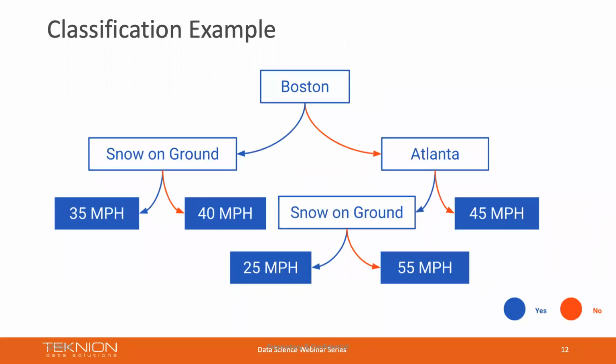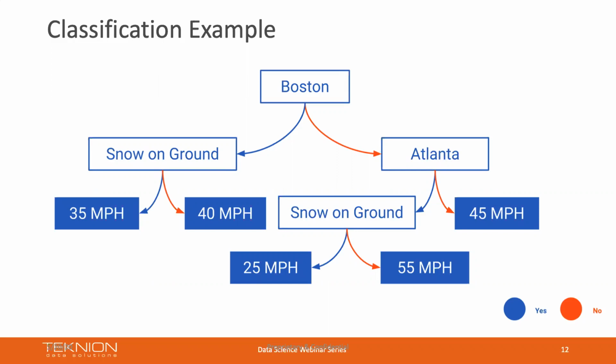Now, you may have seen something like this before. This is a basic decision tree, and what we're trying to do is predict these categorical outcomes of how fast a person was driving, what their average speed was across their trip. All of these trips start out of Boston, so we're asking, did they start in Boston or did they not? The way to think about this is the blues are the yeses and the reds are the nos. If we start out of Boston, then we said yes. The next question we would ask is, is there snow on the ground? If there is snow on the ground, then the average speed was 35. But if there wasn't snow on the ground, average speed was 40. And if they didn't leave Boston, then the next question would be, were they leaving